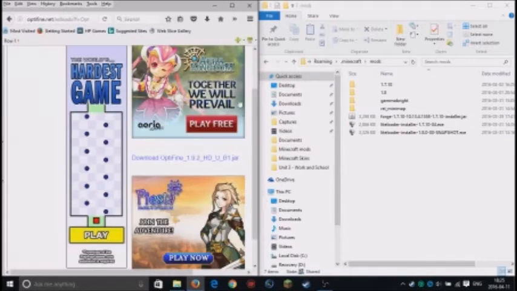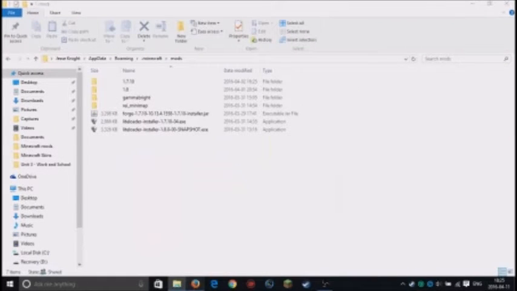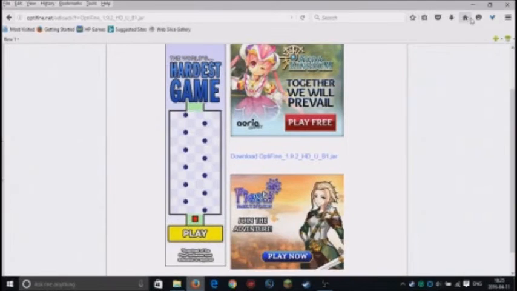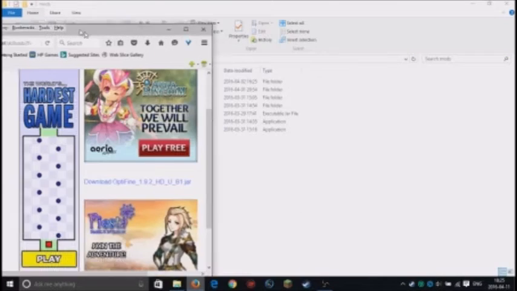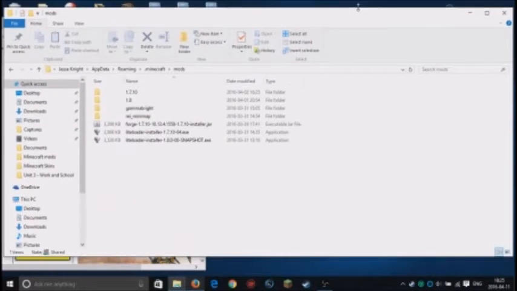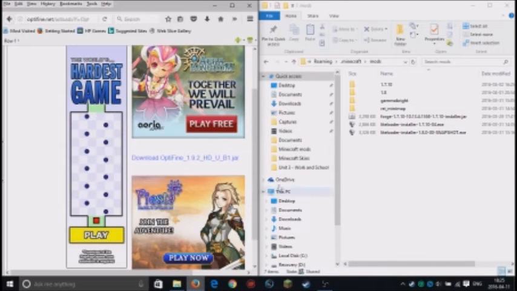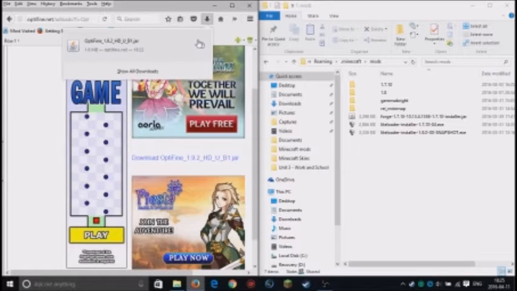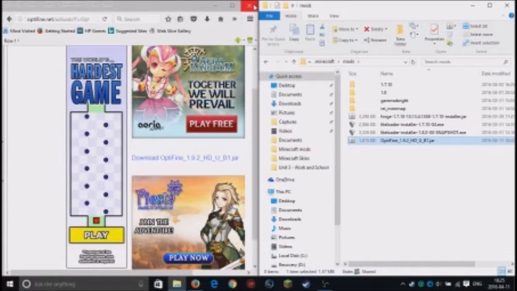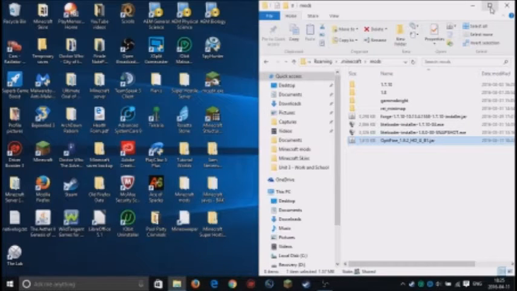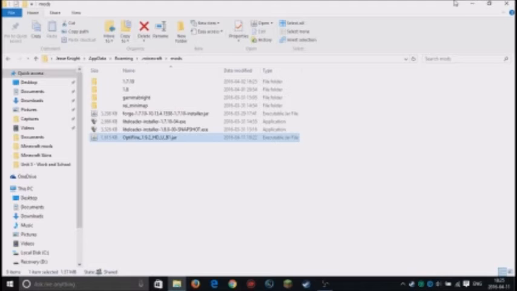Click on that, or if you don't have that, I suppose you could minimize it and bring it over here, minimize that, bring it over here, but this is easier for me. So I'm going to just get that done. And click on Downloads. Open your Downloads folder. You may have to go through and drag it into your mods folder. Close your internet browser. Maximize that. Double click on the